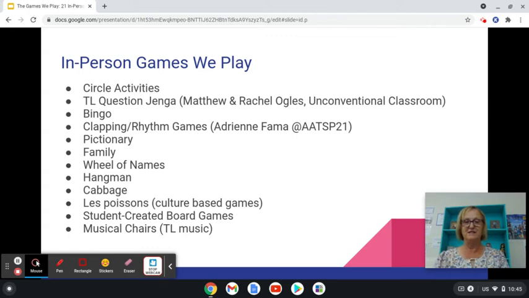I've not tried this one, so I'm excited to try it this coming school year. Pictionary, Family I learned from one of my students. Wheel of Names, Hangman, Cabbage, Les Poissons, student-created board games, and musical chairs. So I'm going to go over each one of these in a little bit of detail.